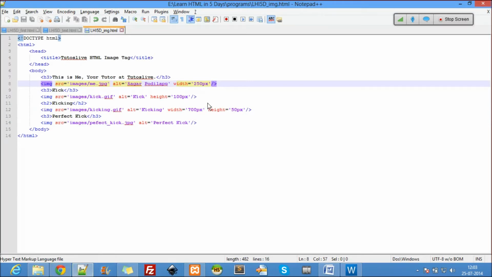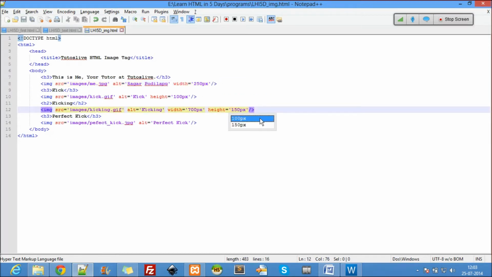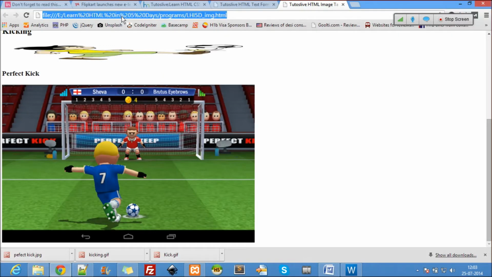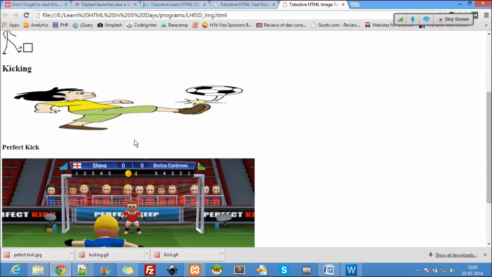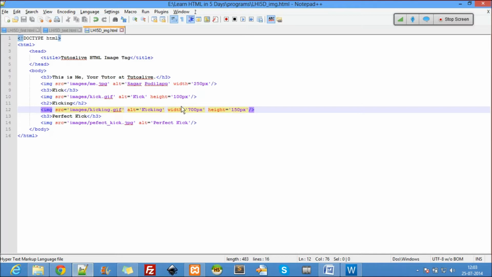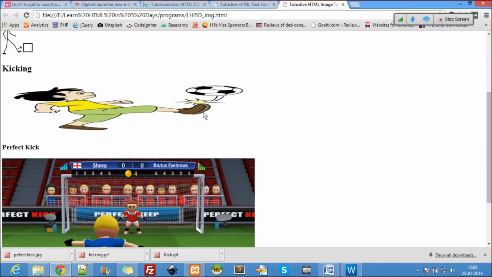It's always proportional. But if you don't want proportional, if you want them to be displayed as you wish, let's say 150 pixels is the height for our third image over there. Now you see this. It's somewhat better, right? So let's say 1200 pixels.